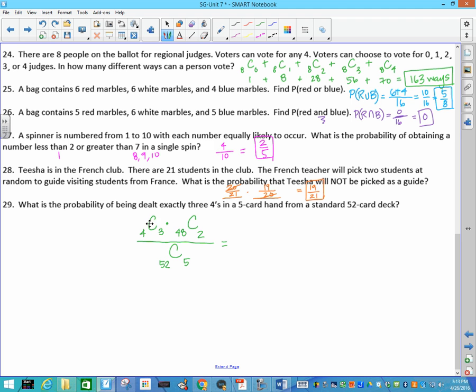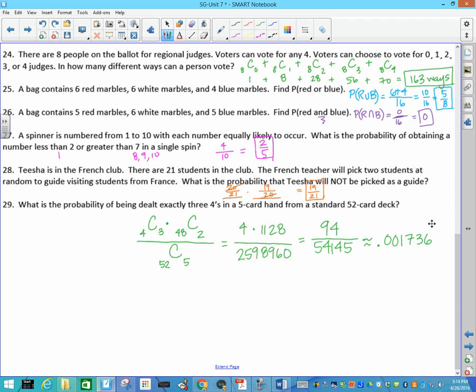So, punch your calculator, okay, and it might help to show me this work so that if you make a mistake, I can follow your work. 4 times 1128, that's 4C3 times 48C2, and then 52C5 is 2598960. Okay, as a reduced fraction, that is 94, and that is not what I wrote. I wrote 49. 94 over 54145, which as a decimal is